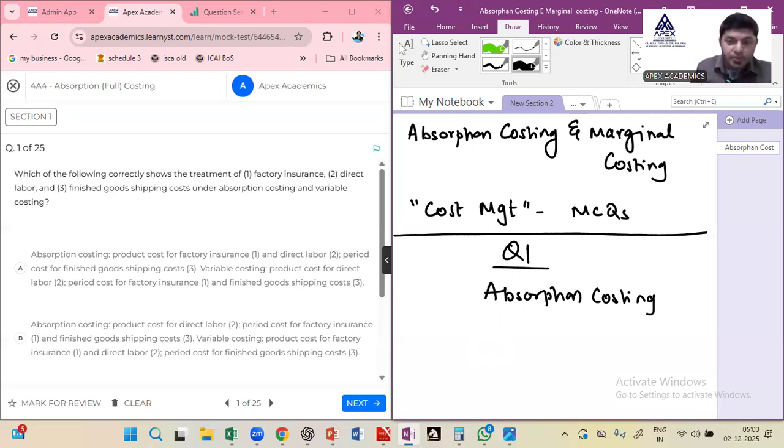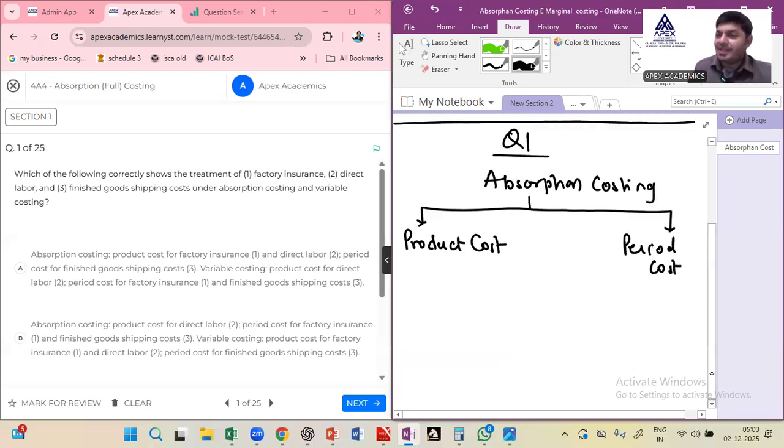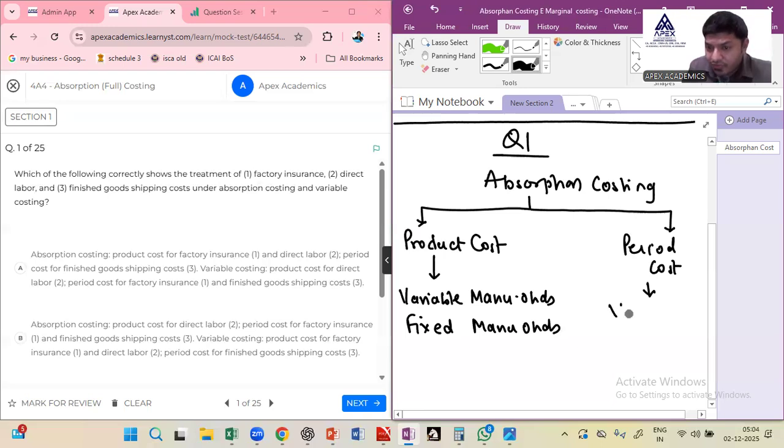So when I speak of absorption costing and I break down my costs under two parts here, known as product cost and period cost, what happens essentially is this, that product cost will comprise of all the variable manufacturing overheads, and it will also comprise of all the fixed manufacturing overheads, whereas the period cost will comprise of all the variable and fixed